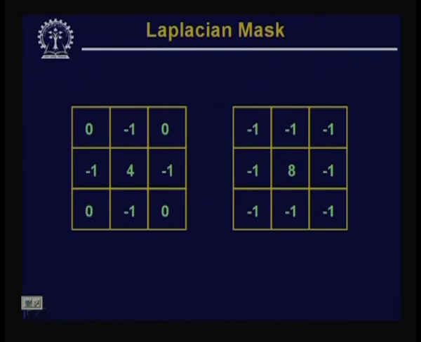Now, if I have this kind of operation, then you find that the image that you get will just highlight the discontinuous regions in the image, whereas all the smooth regions in the image will be